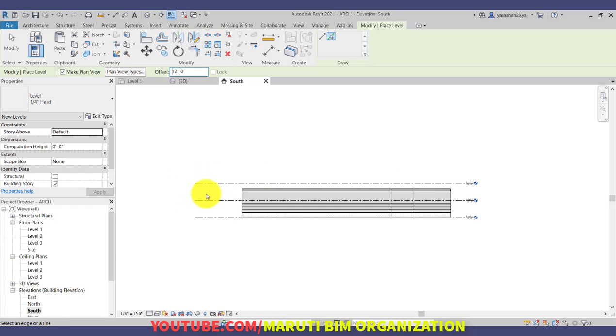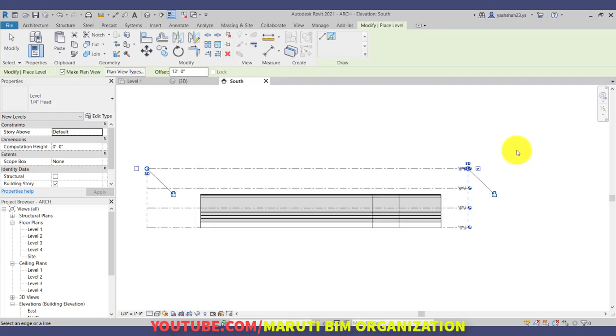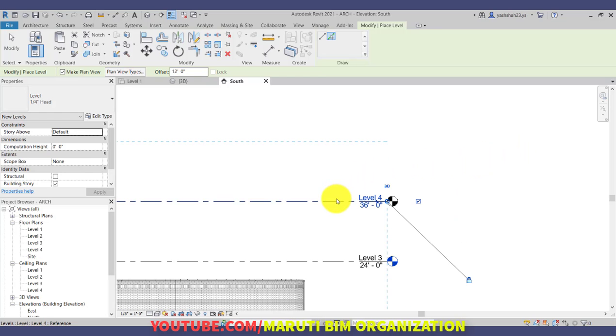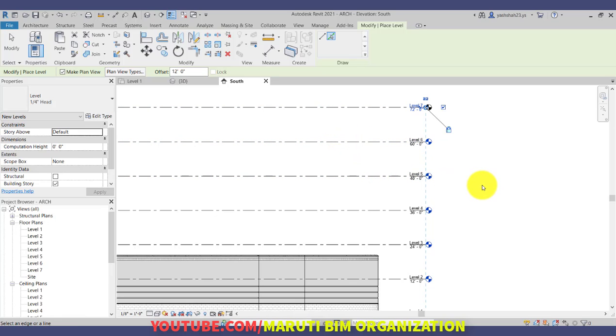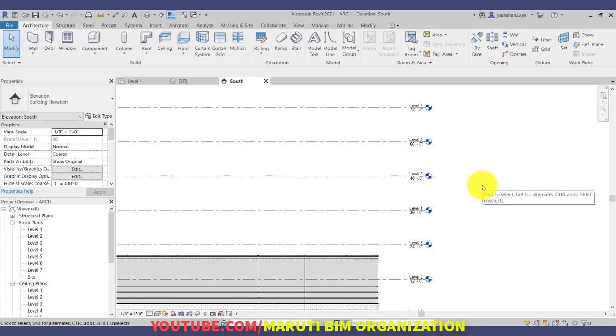You don't have to use the dash extension line shown below the level, because we have to create the level above level 3. So when you see it above, click, as you can see, again click, again click, and last again click. So this is how you create different sets of levels.